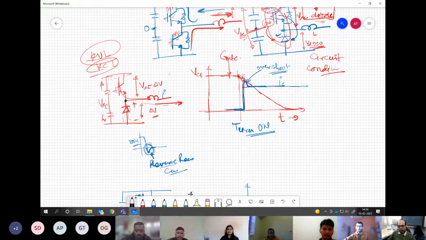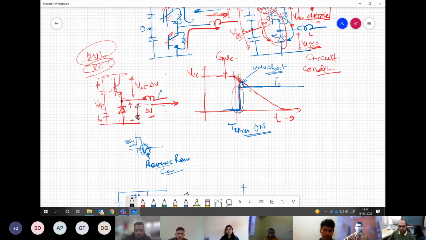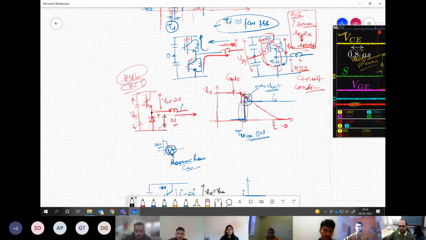The moment there is a fall in voltage, the rest of the voltage should appear across the diode, but that is only possible when the diode is not conducting. That's why there is a sudden shift of current from diode to IGBT. We see a slight overshoot on the IGBT current because of the reverse recovery current which is there on the diode. We saw this on an actual